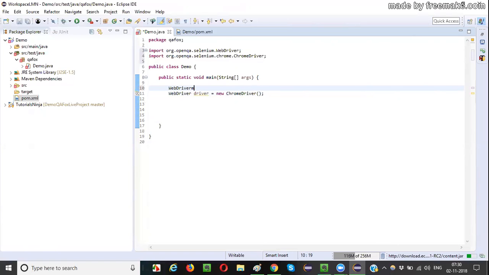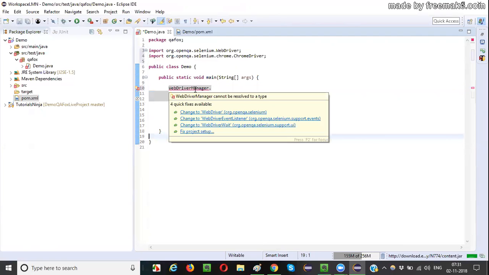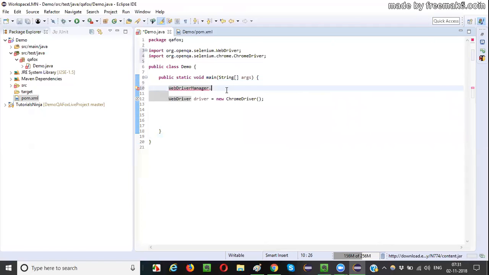You can directly set up the drivers, guys, without downloading the exe files, using WebDriver manager. So you'll not get anything here, guys, because even WebDriver manager needs to be downloaded.